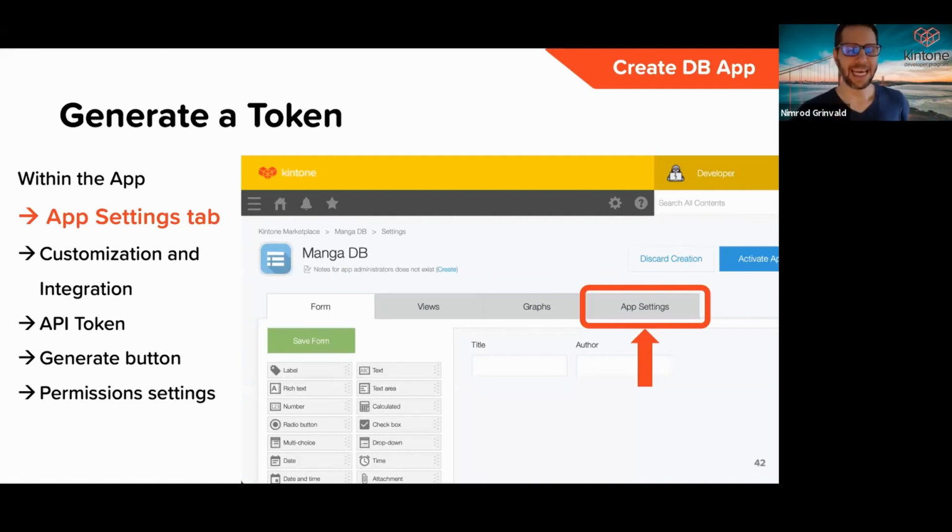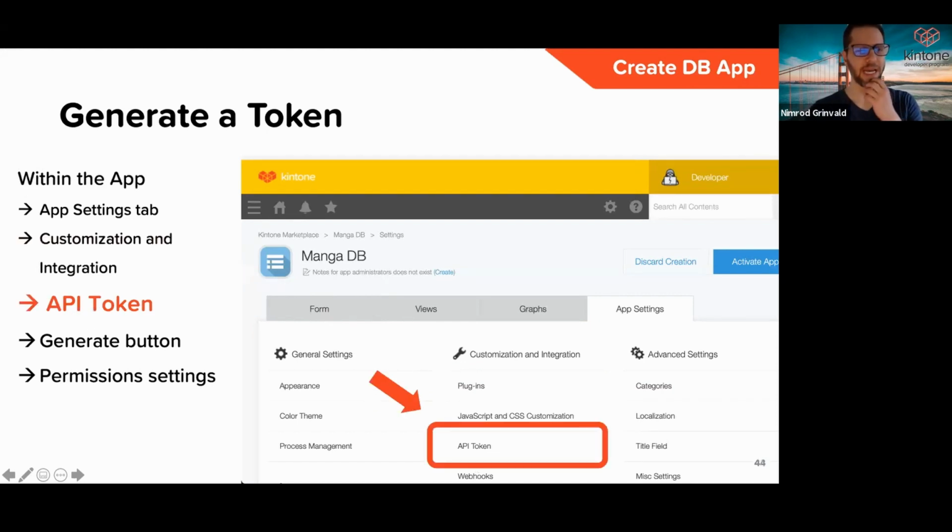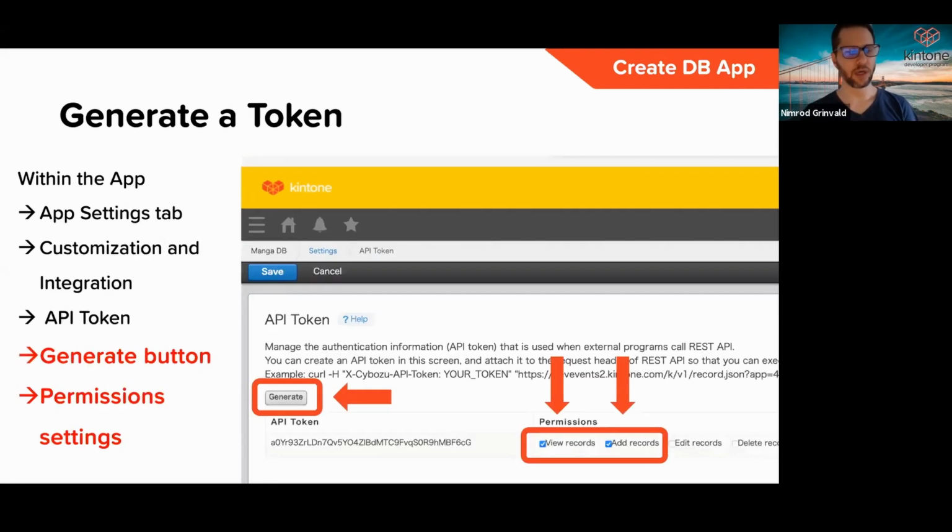And we do that with an API token. So what we're going to do right now is go through the following settings titles to get to the API token. First, you'll see there are 4 tabs at the top of these Kintone settings: form, views, graphs, and app settings. Click on app settings. And then in the second column in the middle, underneath the customization and integration panel, there's a setting for API token. Click on that, and then you will be taken to the API token